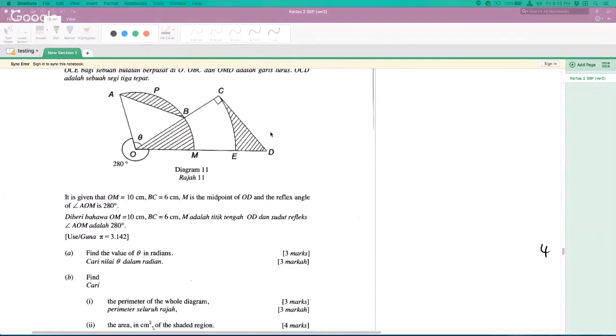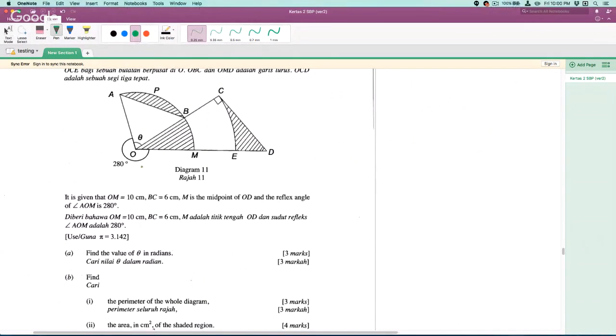Okay, OM is equal to 10. O to M is 10. So I just make some remarks here. That means here to here, O to M, here is 10 basically. It's easy. And then B to C is 6. So here will be 6. And then M is the midpoint of OD. So that means I know here have another 10. M is the midpoint of OD. And